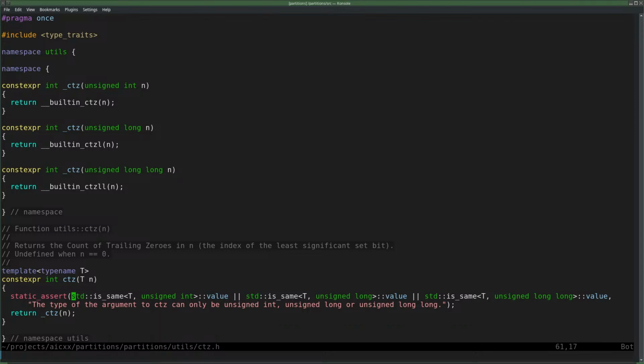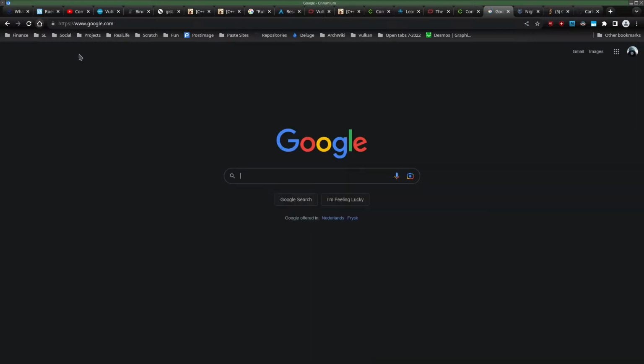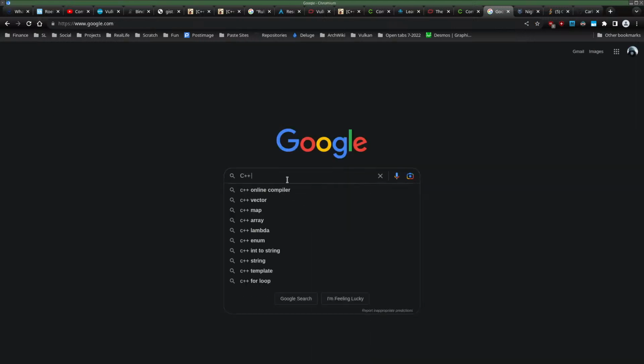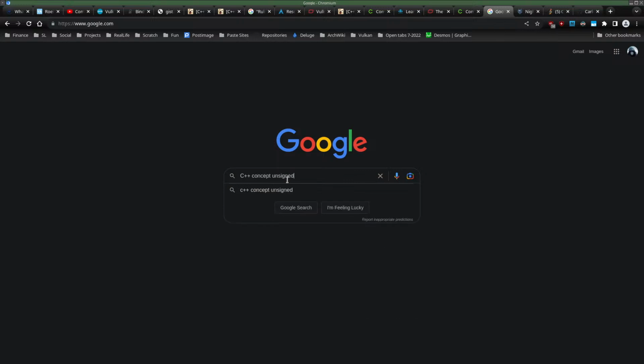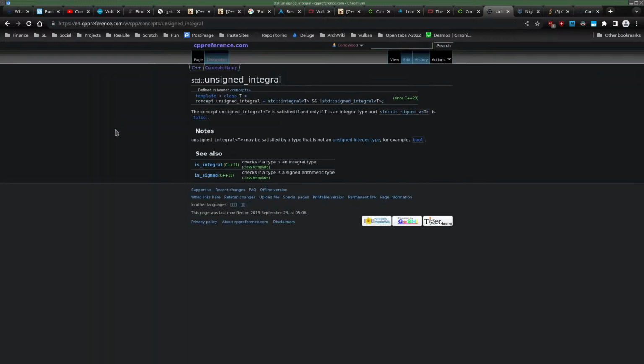There's a concept for an unsigned integral. Let me find that. It's probably called std::unsigned_integral. I'm not sure, of course, but